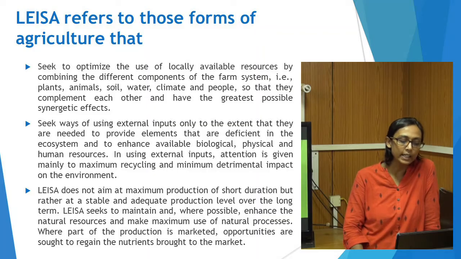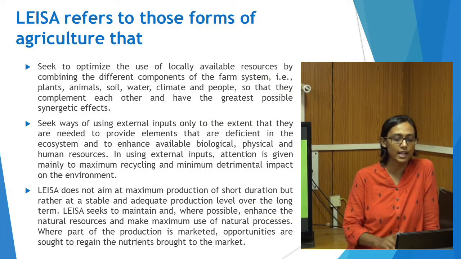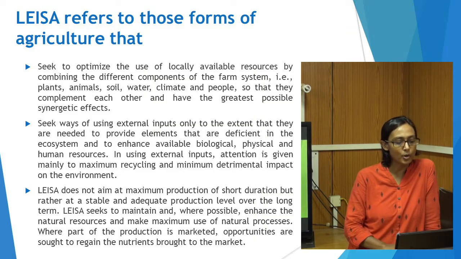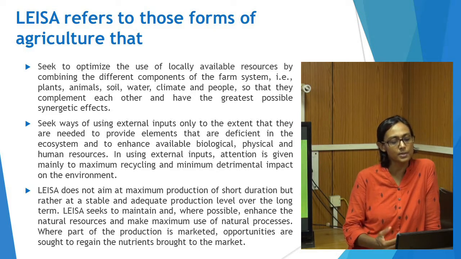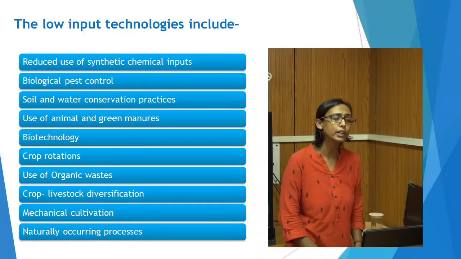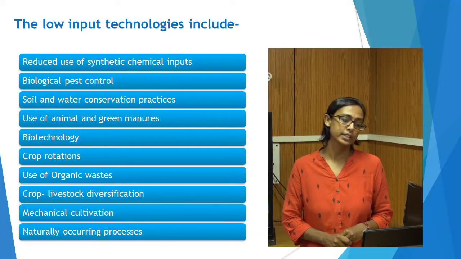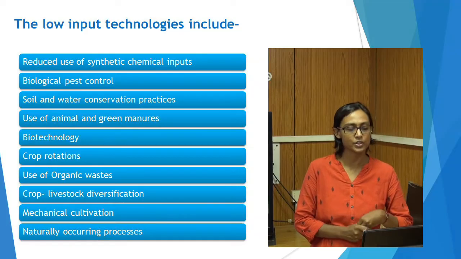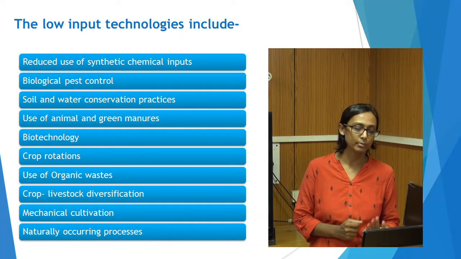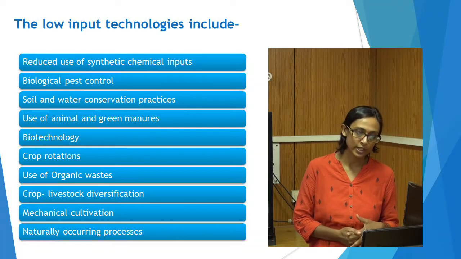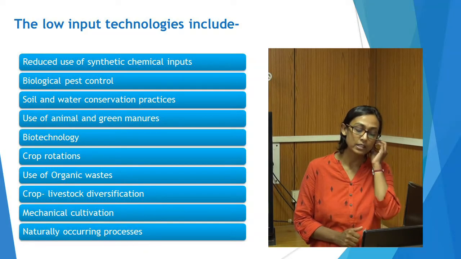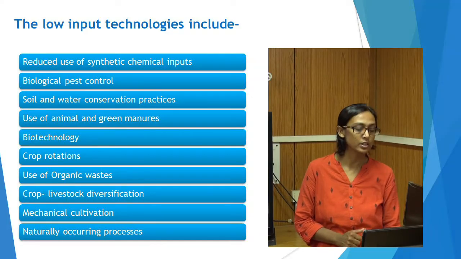LEISA seeks to maintain and, where possible, enhance the natural resources and make maximum use of natural processes. Where part of production is marketed, opportunities are sought to regain the nutrients brought to the market. The low input technologies include reduced use of synthetic chemical inputs, biological pest control, soil and water conservation practices, use of animal and green manures, biotechnology, crop rotations, use of organic waste, crop-livestock diversification, mechanical cultivation and naturally occurring